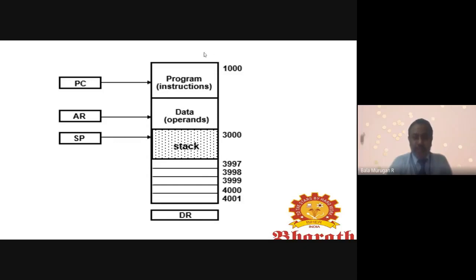If you push the data, it will be decremented, and likewise it goes on. Every time data is inserted, the stack pointer will be decremented. It starts from 4000 and goes down to 3000.